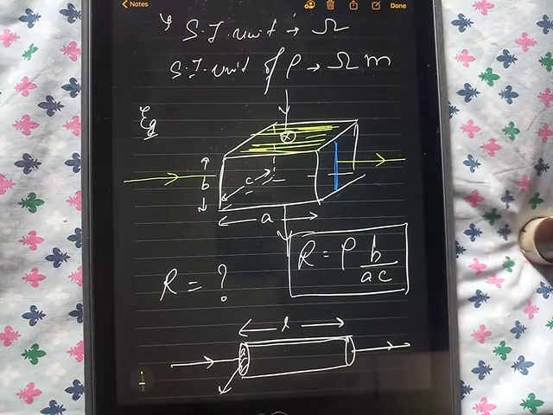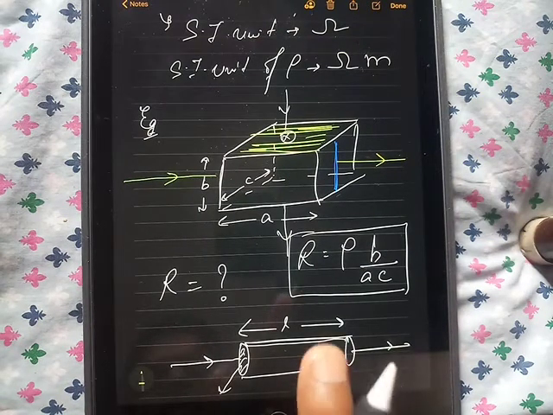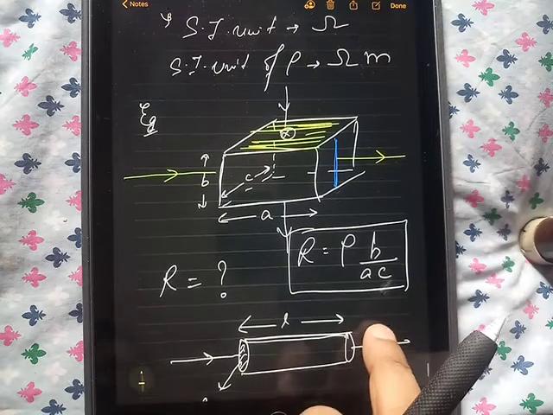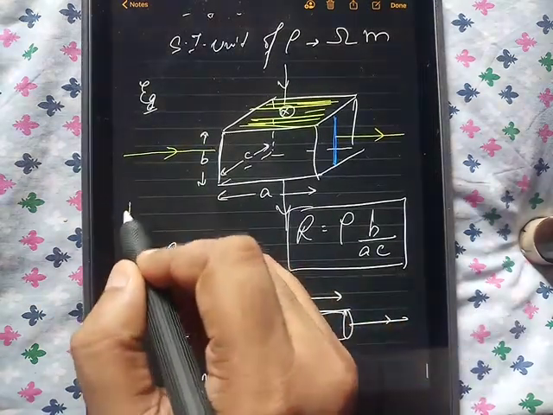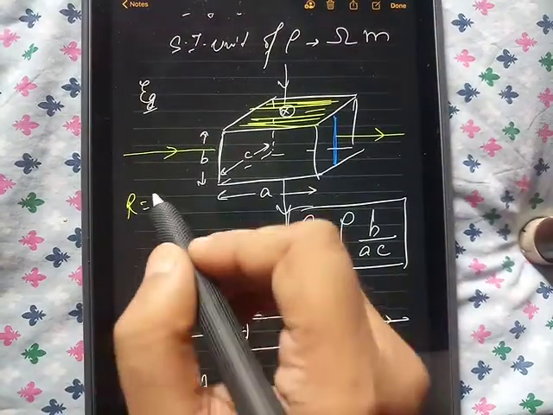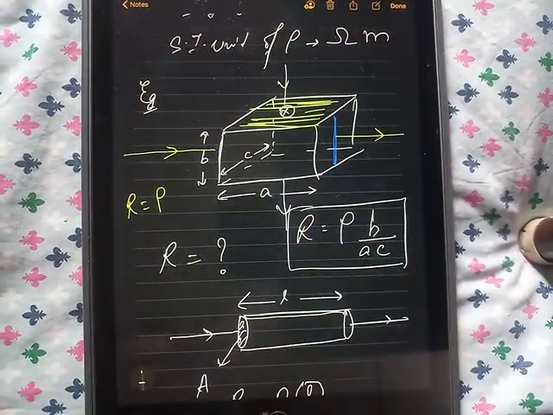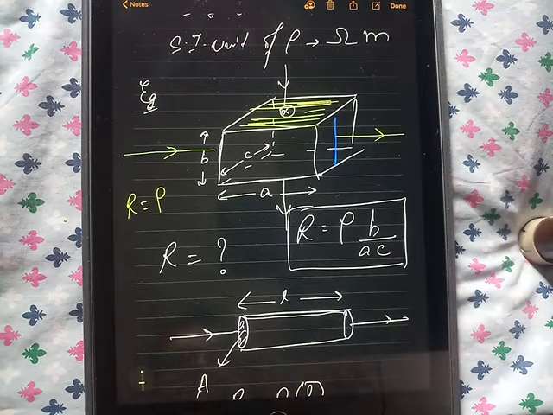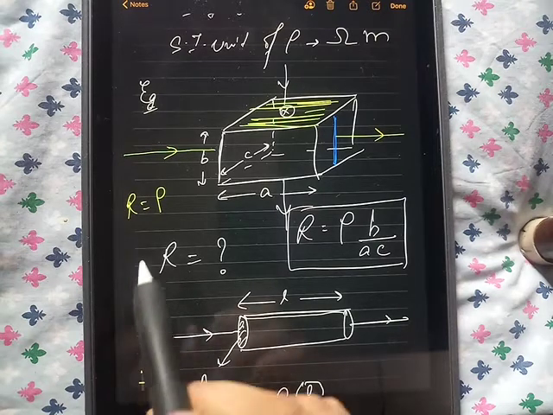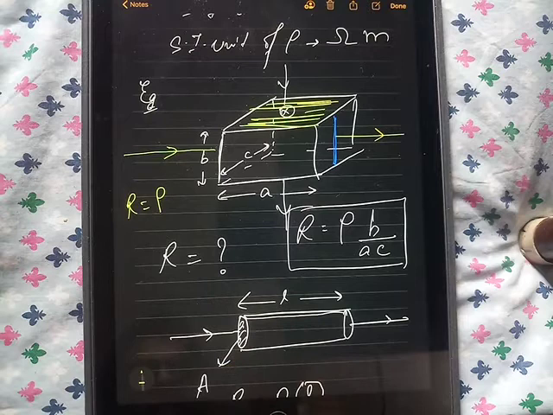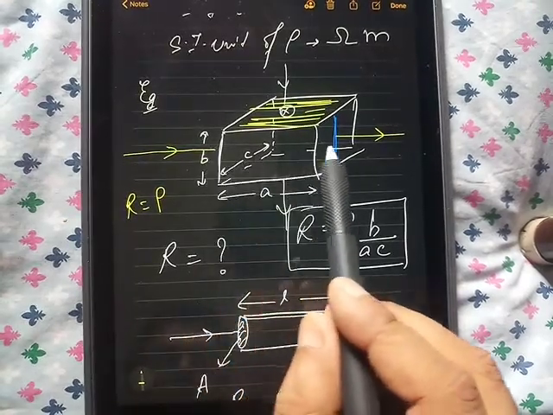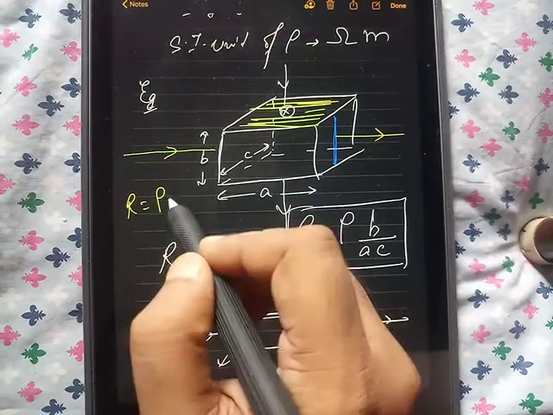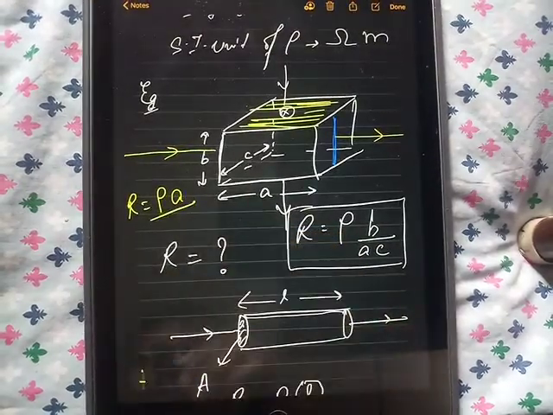Now pause your video and find out the resistance of the conductor in this case. Let us see. R equals rho, as resistivity does not change. It depends upon the material and not the direction of flow of current. So rho will be the same. So R equals rho times length. Whatever length we take will be along the direction of current. So the length along the direction of current is a. So length will be a by area.